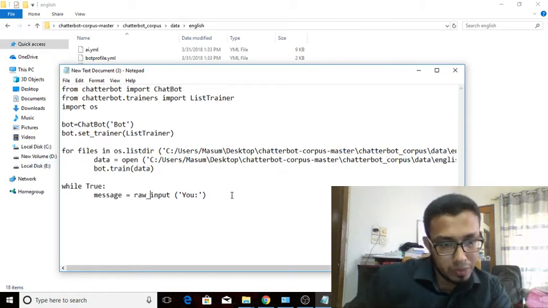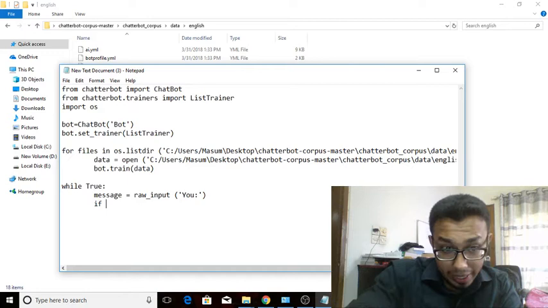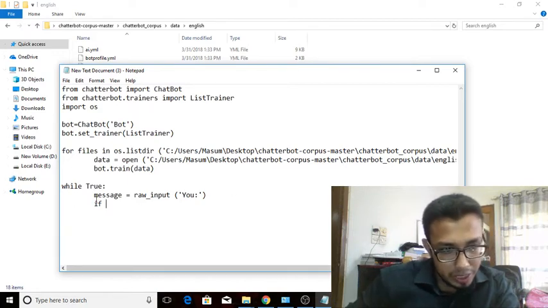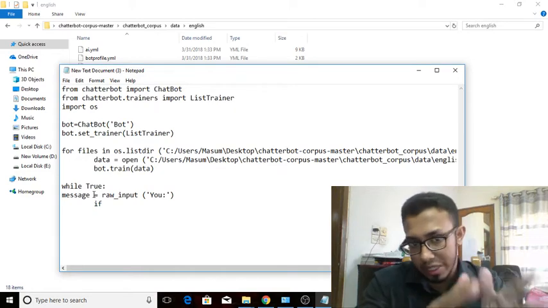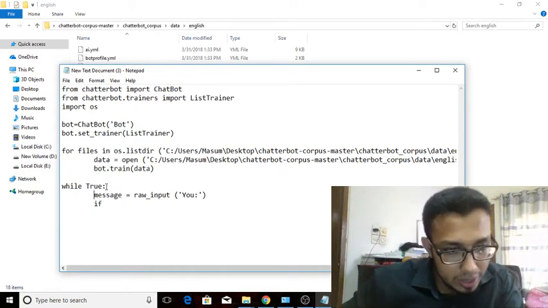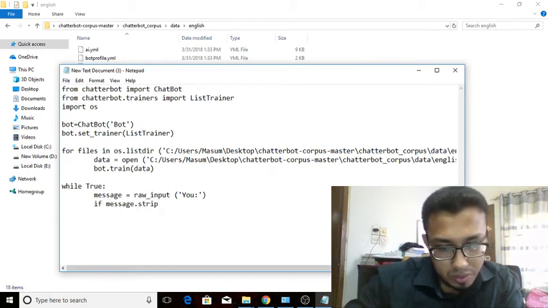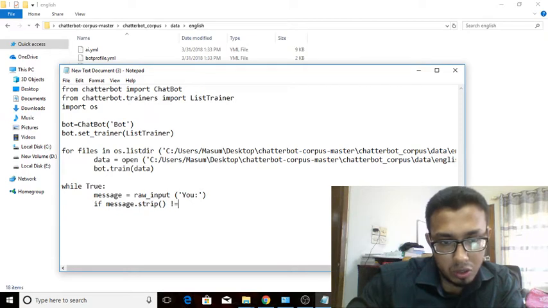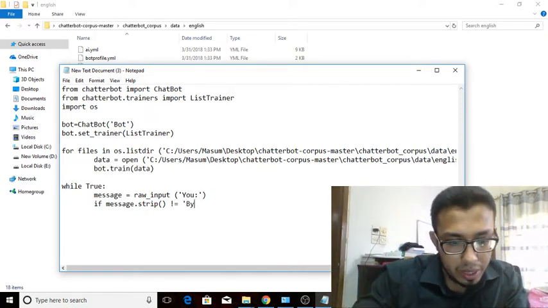Okay, good. So if, then again the indentation, you have to be careful that you indent. You cannot do this. You cannot do this. The code won't run correctly. You have to do this. So if not equal, like in C language, by